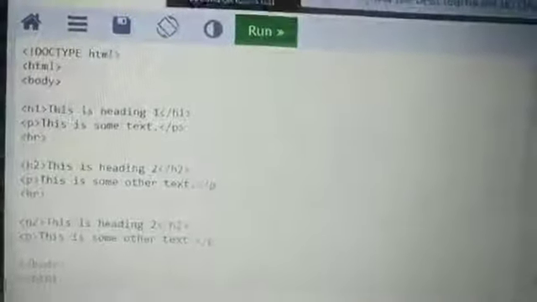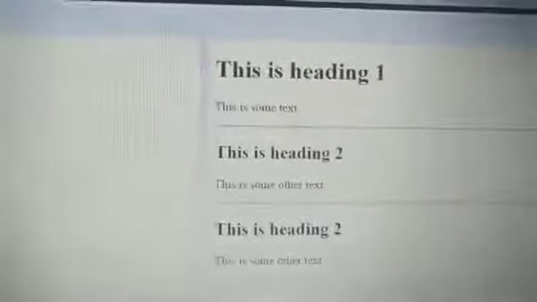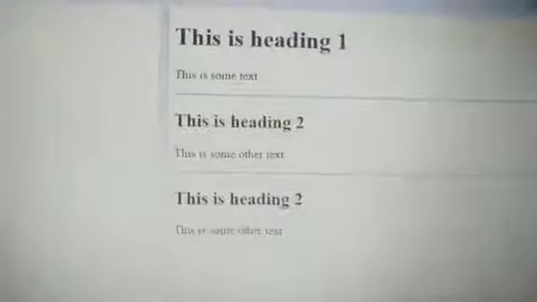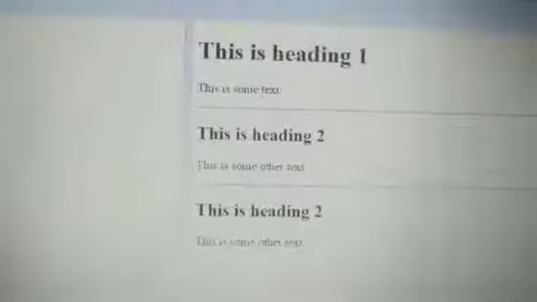See, this is how we have written the code and this is how the line is. I have said it is a thematic break that will draw a horizontal rule, or you can say a line. Whenever you apply this horizontal rule, you can see it here.